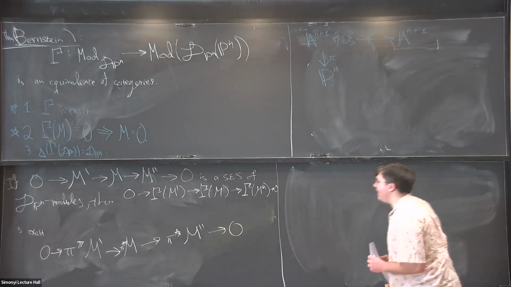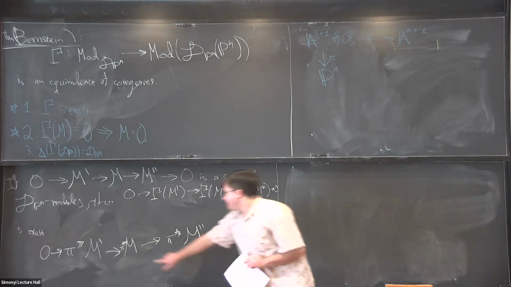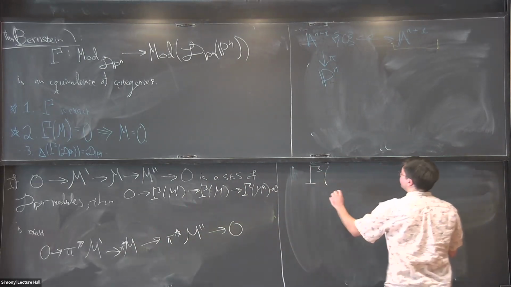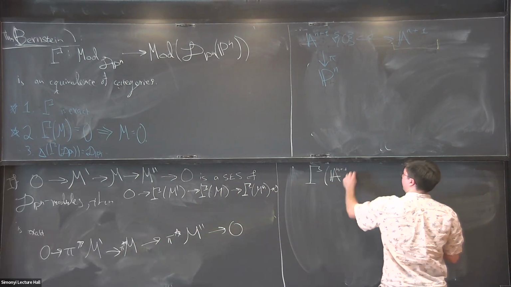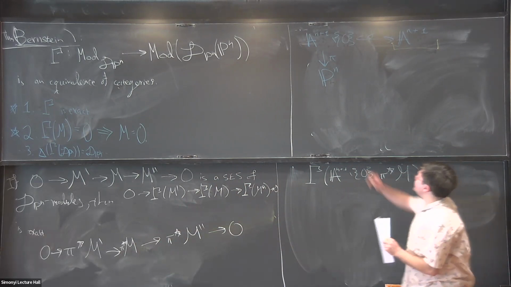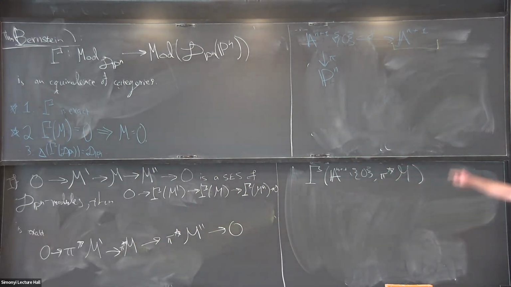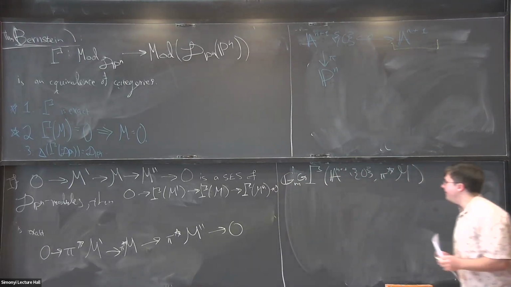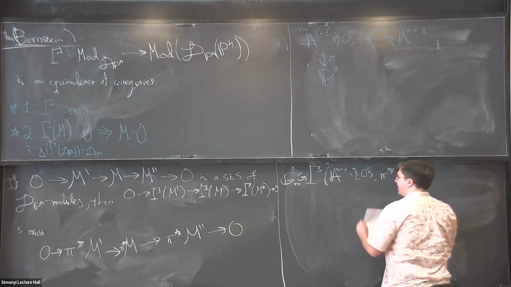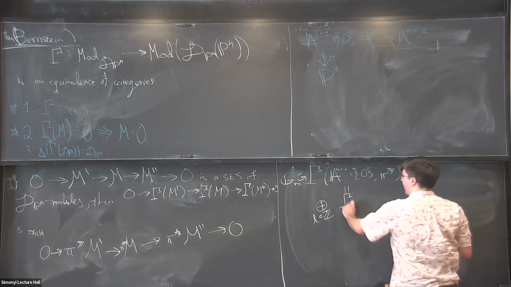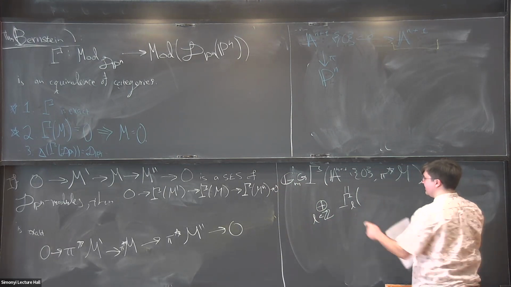Now, there's one observation that I want to make, which is how do global sections of a sheaf like pi upper star m relate to global sections of m? And the answer is that global sections of pi upper star m, since this map pi is a GM torsor, like Pn is the quotient of the top by GM, this space carries an action of GM. And since it carries an action of GM, we can decompose this space according to the character of the GM action. So we can decompose this space into subspaces gamma L,